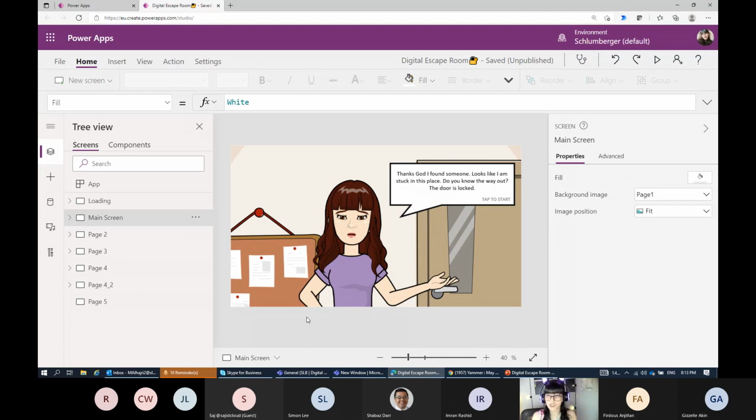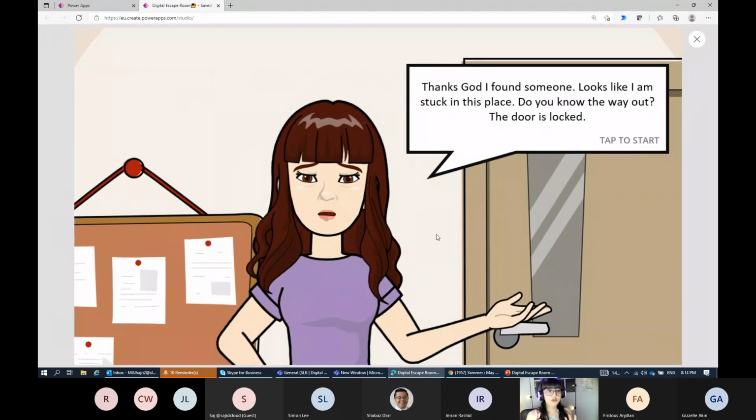I can arrange a specific session about animation and what kind of tools I'm using to build my character here. Okay, so now let us play the game and see how it looks. Then I will show you what kind of tricks and functions I have in my application. It's really easy to do and to build, and I built it in less than 30 minutes. Okay, let's see. So now, to make your game and digital escape room really attractive, you need to tell your end user in the easiest way.